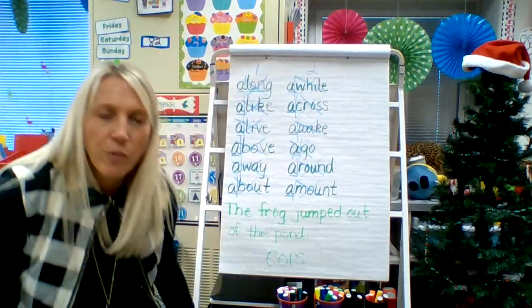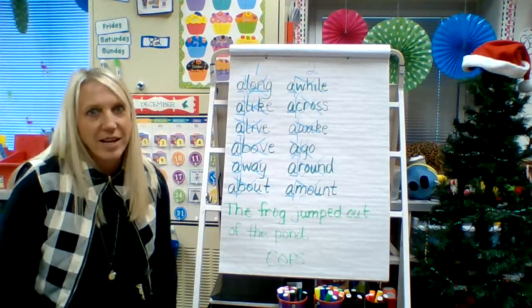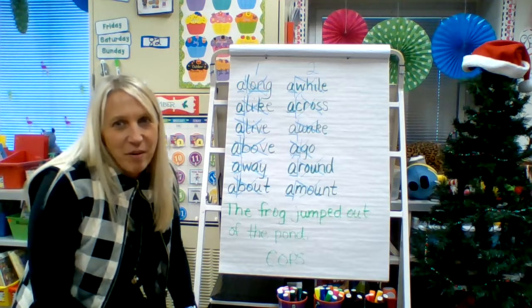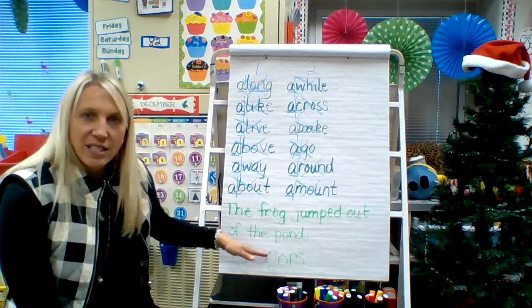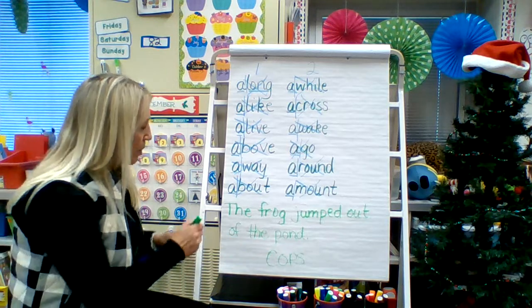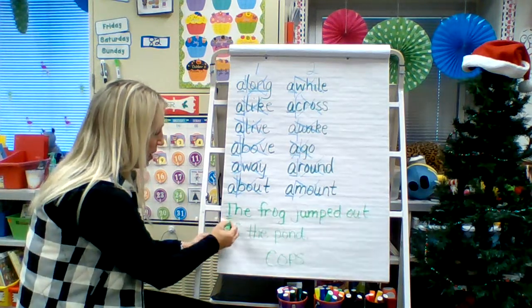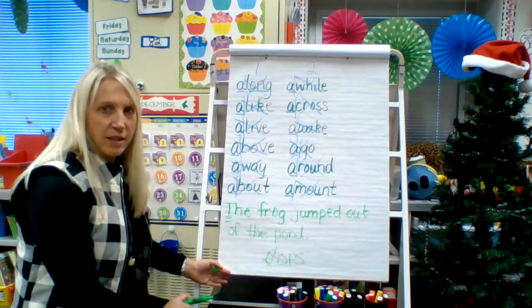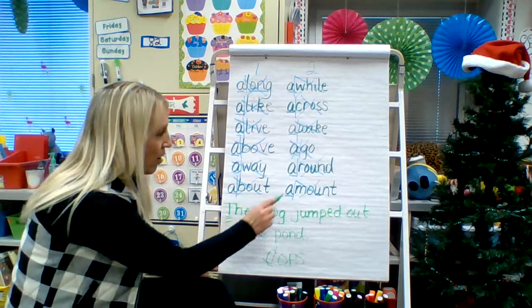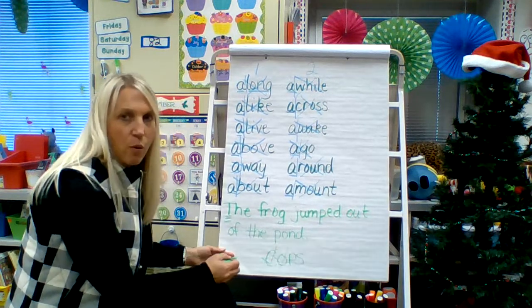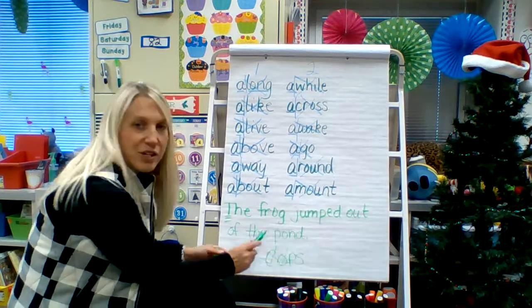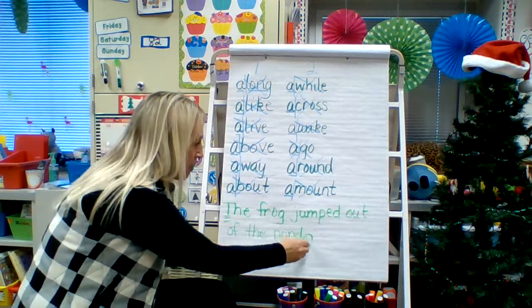Okay, hopefully you wrote your sentence, or actually you probably need to pause it because I paused it while I wrote it for us to check. But we're going to check it for cops. First, C, it's capital letters. We just need a capital letter at the beginning. Order, the frog jumped out of the pond. You should have those 7 words in that order. Punctuation, it's a telling sentence, so we need a period at the end.